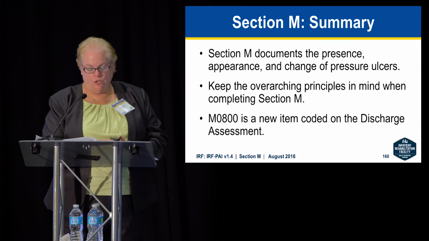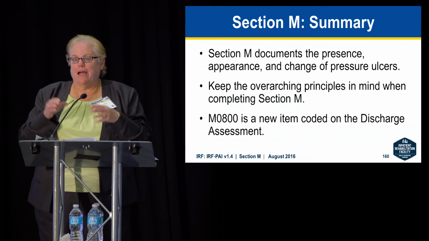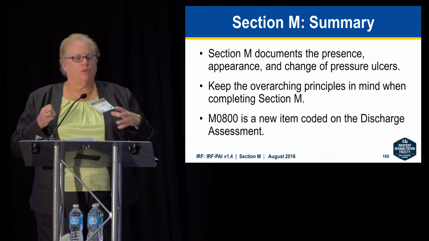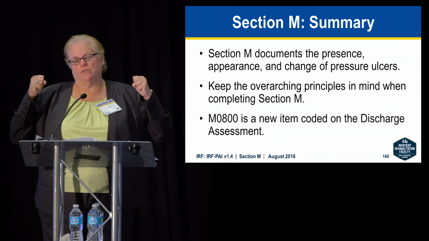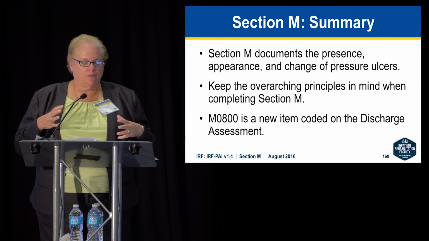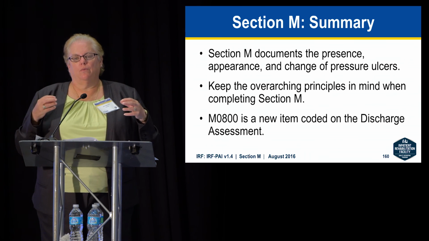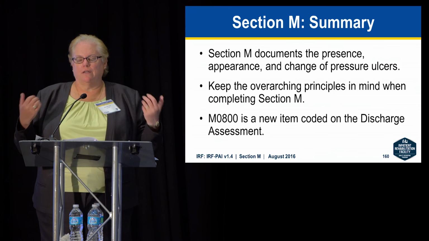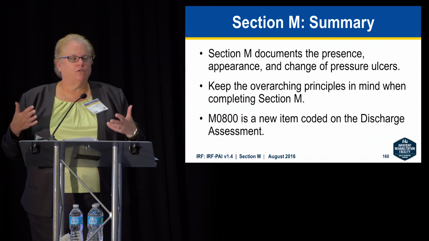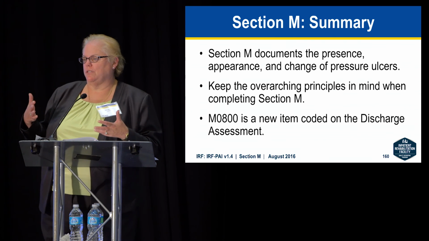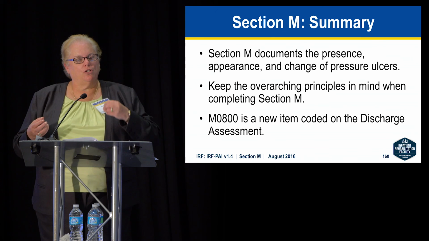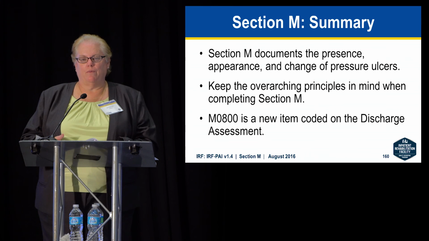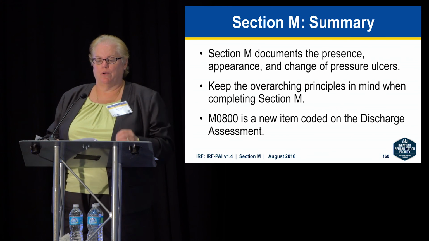All right. So the lesson in this case scenario was that classic example of something coming in either covered with slough or eschar, or as a suspected deep tissue injury. We're caring for them, we're doing everything. Then it finally evolves, and it declares itself. We now have a clear understanding of what stage or how much damage is in that pressure ulcer. We now are able to stage it, we make it present upon admission, and we count everything from that point forward as if it came in as a stage 3 and we knew what it was.